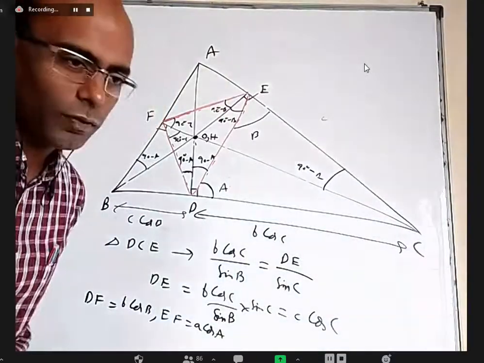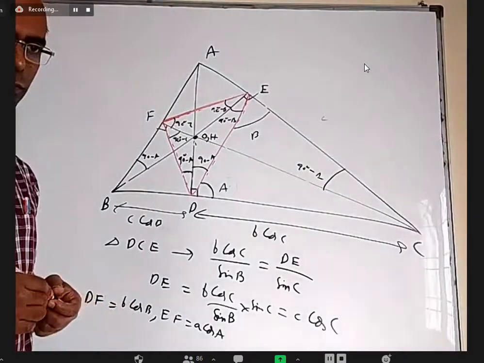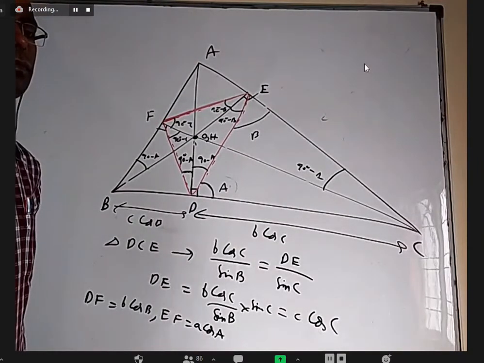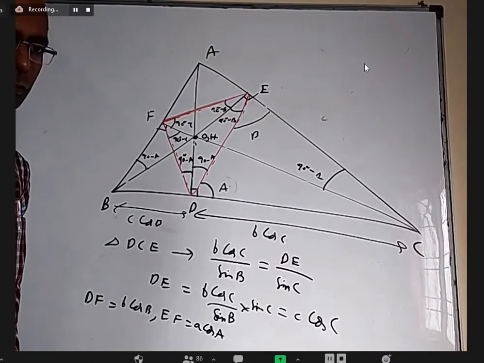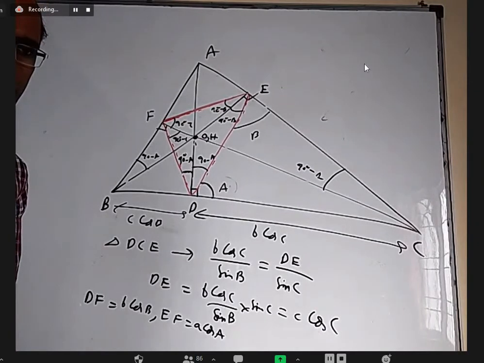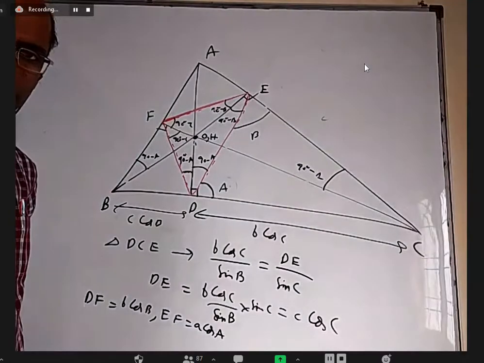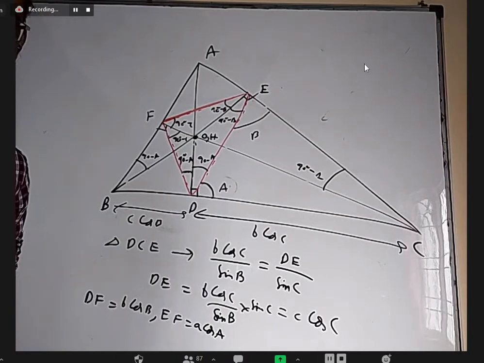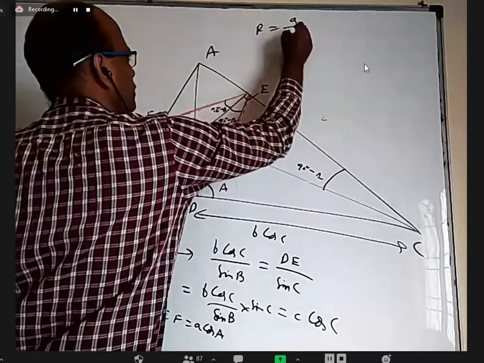Okay. Now, anybody want to tell me what will be the circumradius of this new triangle? C by 2 tan C. Where did tan come from? The tan, not the cos. C cos C by sin 180 minus 2C. No, sir. I said use this formula capital R equal to a by 2 sin A.